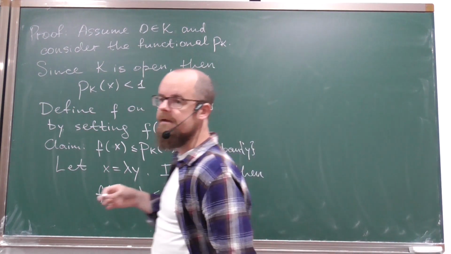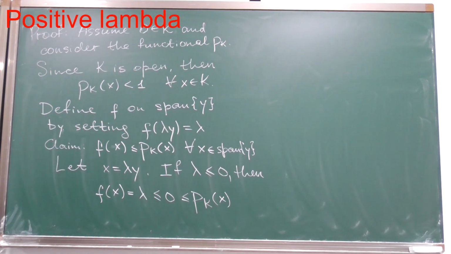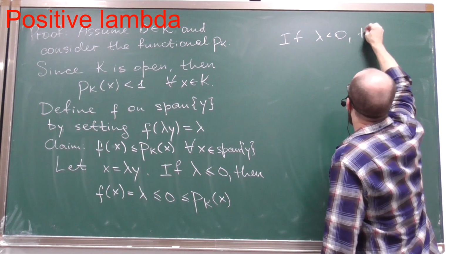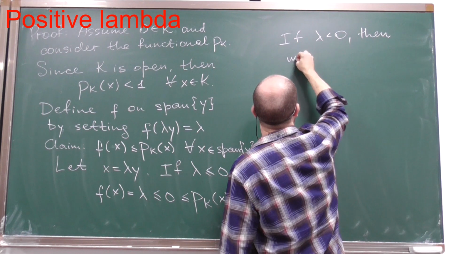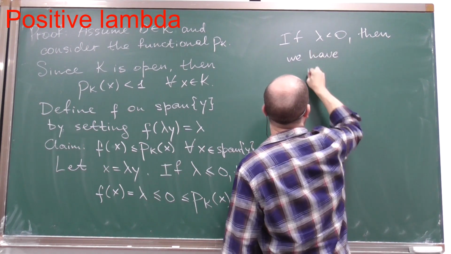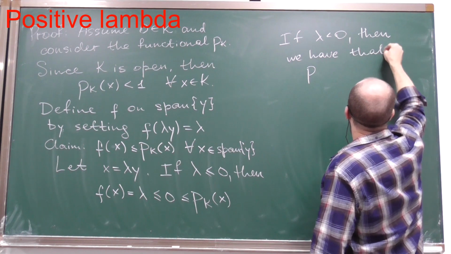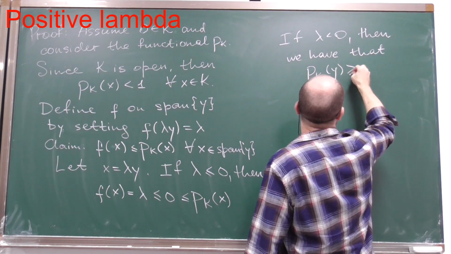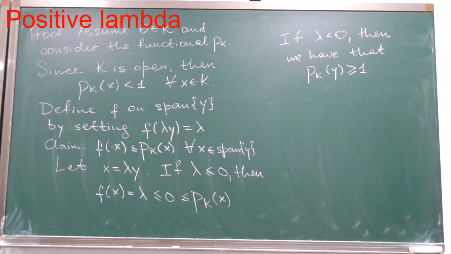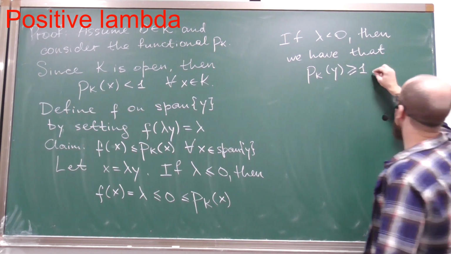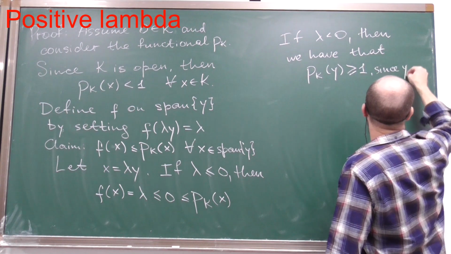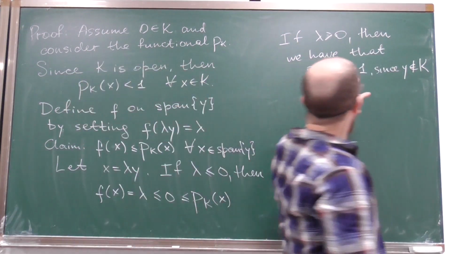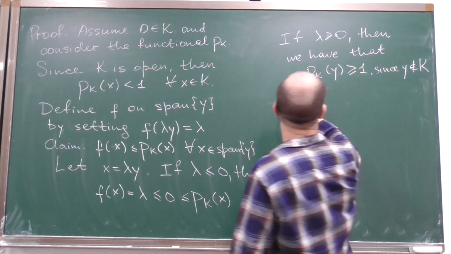Let us now consider the case of positive lambda. If lambda is positive, then we have that p sub K of y is greater than or equal to 1, since y does not belong to K. So we have this inequality, and